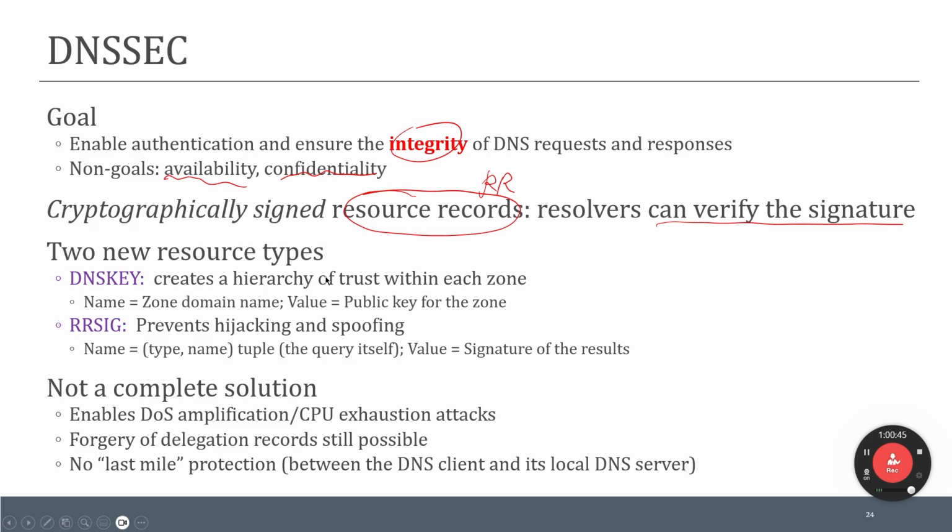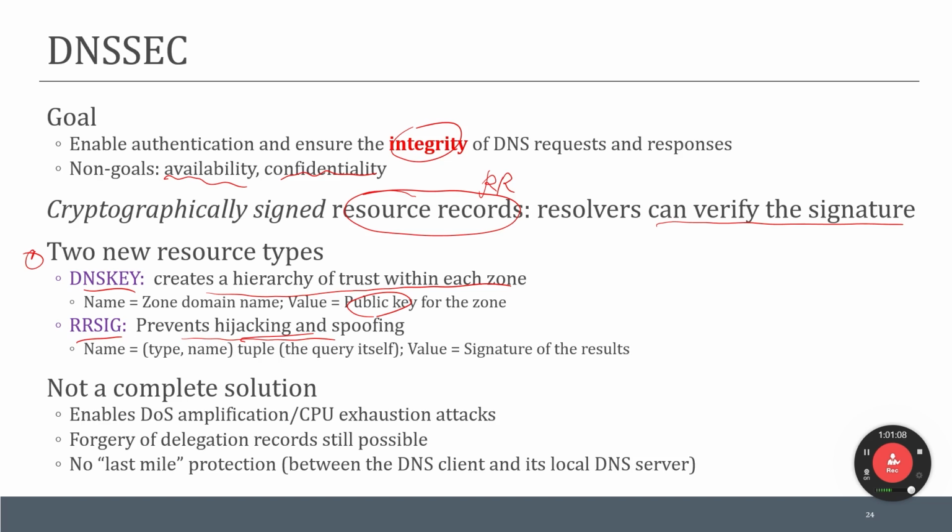And two new resource types here, DNSKEY and RRSIG. DNSKEY creates a hierarchy of trust within each zone, and the public key is used here for the verification of the signature. It prevents hijacking and spoofing.